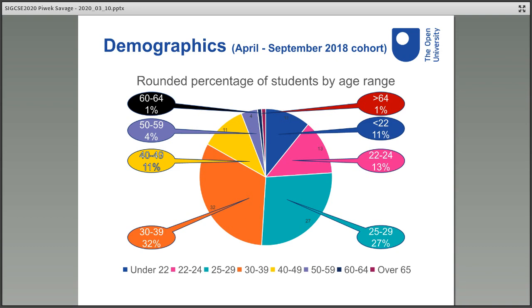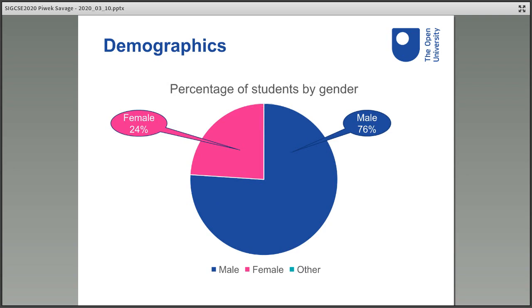Our biggest number of students is in the 25 to 39-year-old age bracket, being about 59%, but we also have a good number of students, about 6%, over 50 years old, including several who are over 65. Approximately 1/4 of our students are female. This is higher than the UK mean of 19% for computer science undergraduates, as identified by the UK Higher Education Statistics Agency.